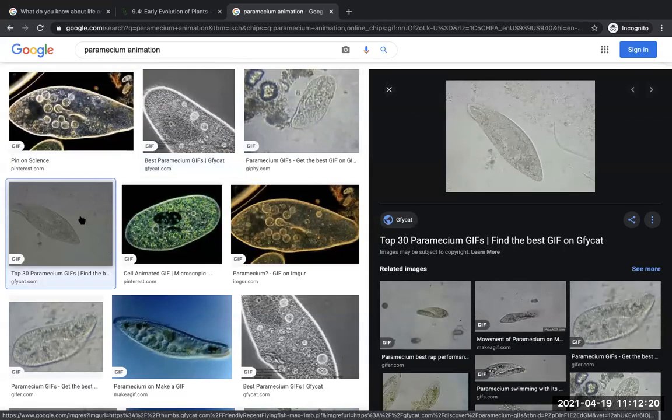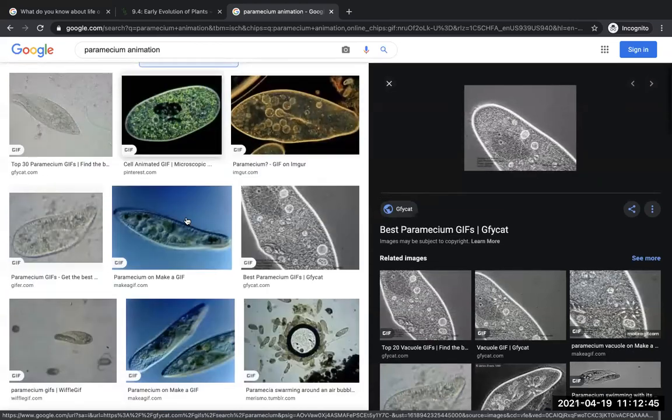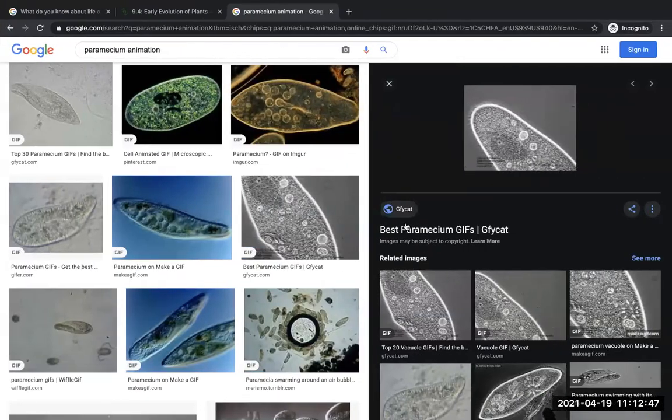So it behaves like an animal. Here you can see it moving. So it finds food and eats it. So it behaves like an animal, but it's not an animal. So if you were in the lab, I would give you some pond water. You would make a slide out of that pond water and try to find some of these organisms on that slide. So it's very harmful that we don't have in-person labs for this part of the course because you can't really look at these in actual water. So that's paramecium, and I need you to know this name, paramecium, if you want to write it down. Behaves like an animal. It's a type of protozoa.